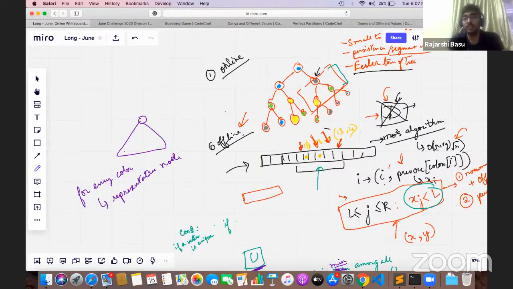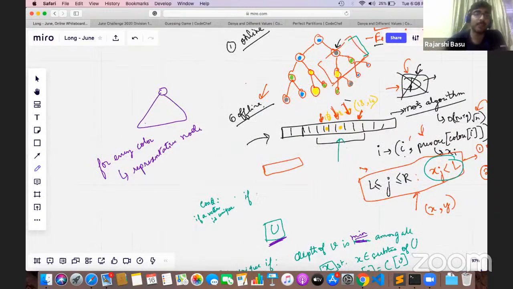One question is, if you have two nodes of the same color at the minimum depth, choose any one of them. It does not really matter. So maybe one idea is sort by depth and then sort by DFS time. Make any tiebreakers, it doesn't really matter. So for every color you have a representative node, right? So distinct colors